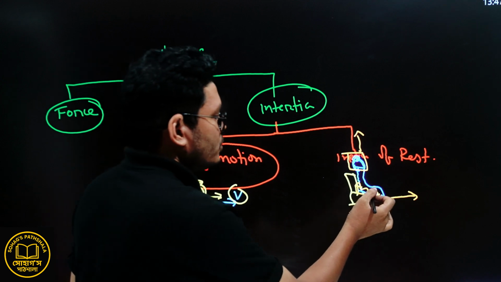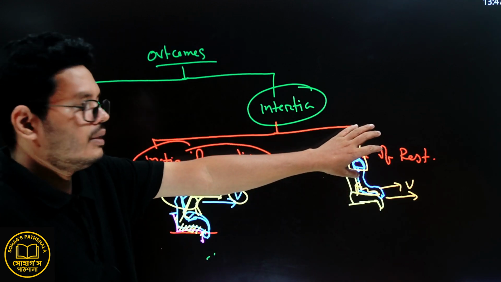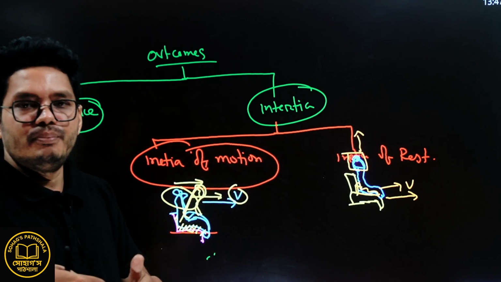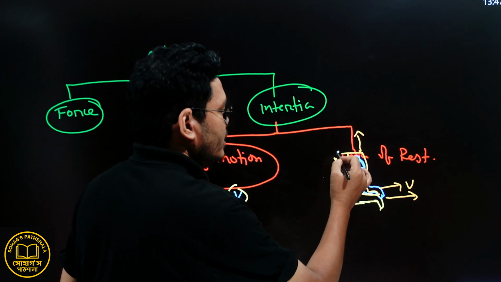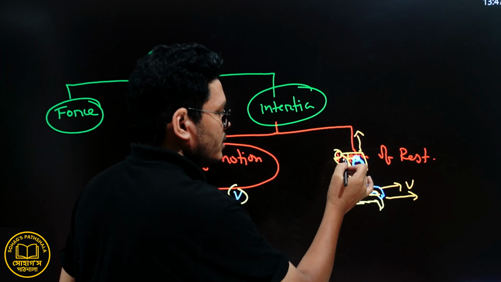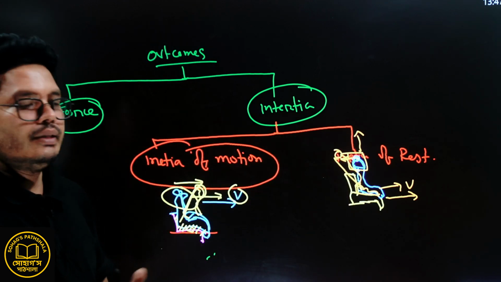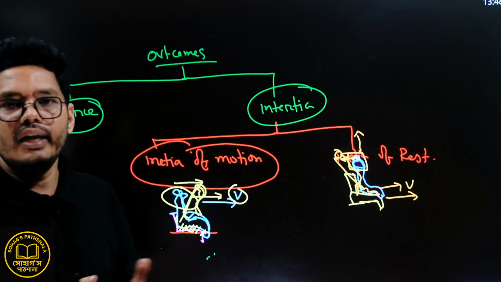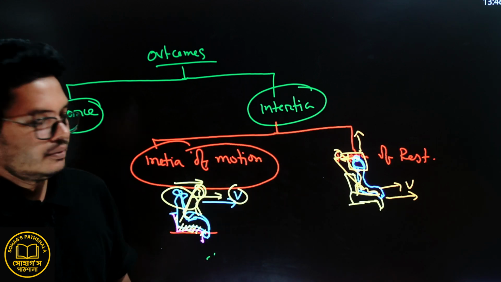So the bottom portion is gaining the velocity, but the top has the tendency of keeping its original previous state. That's why it lags behind a bit, like this. The top portion lags behind from the bottom. That is because of the inertia of rest. So that is the daily life happening of this. Okay, let's see